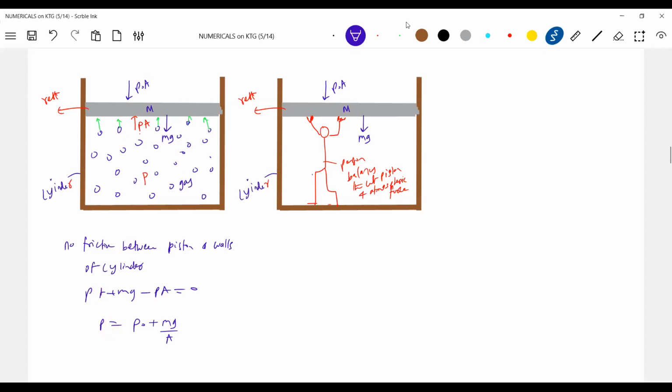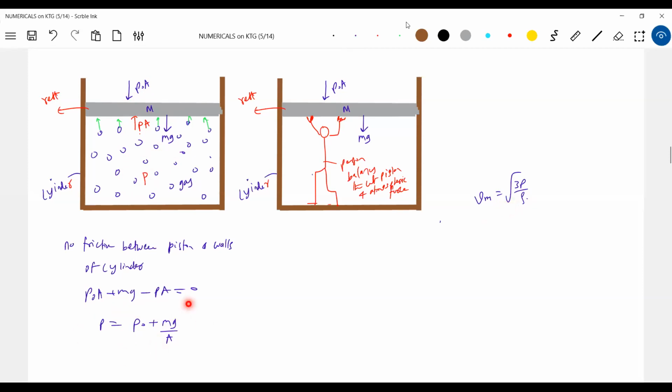Earlier, how was I measuring the pressure of gas? By measuring the RMS speed of molecules. Able to get this one? If I know the RMS speed of the molecules, I'm able to measure the pressure. Now, with external parameters, how is the pressure of gas related to the weight and atmospheric pressure force? This is the equation I'm bringing. Sir, how is pressure of gas related to the RMS speed of molecules? This is the formula.